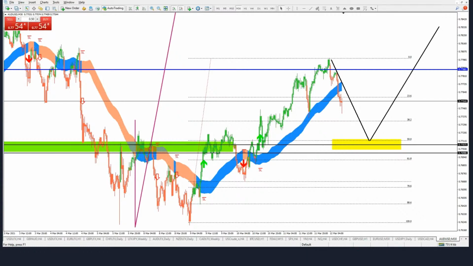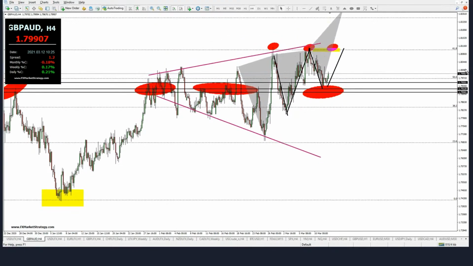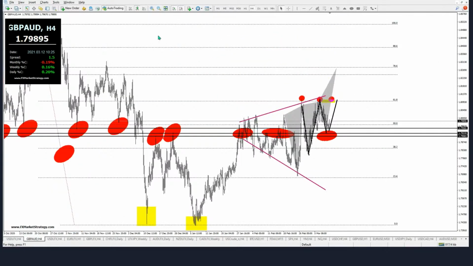For pound Australian, I have had a setup from yesterday. I shared it with our Telegram group. I was at the front right here. See, we've had this yesterday. Basically, if we zoom in on this one,